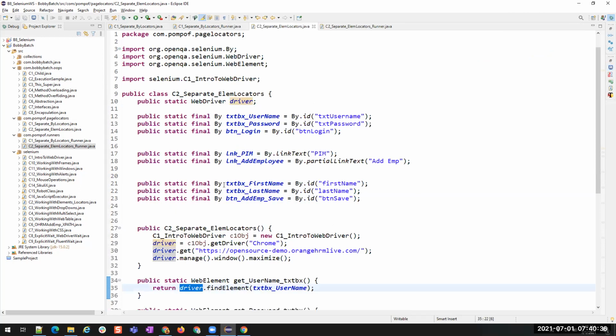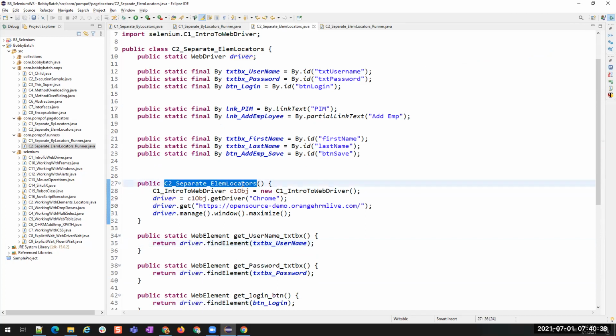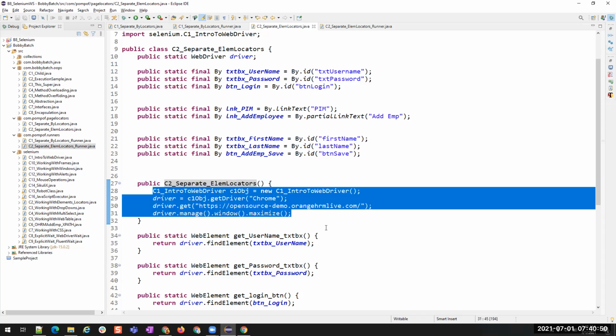Am I assigning? Okay. Yeah. See why this is not assigning the value. Did I create any object for this class? If I don't create any object for this class, then this constructor will not be called, right?